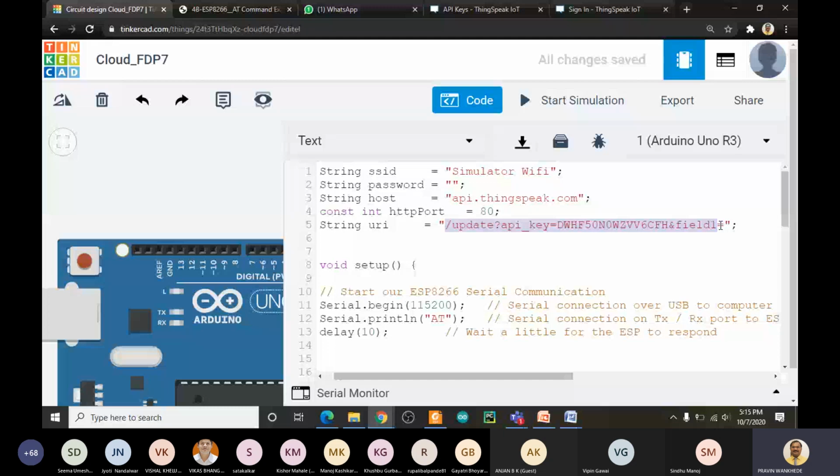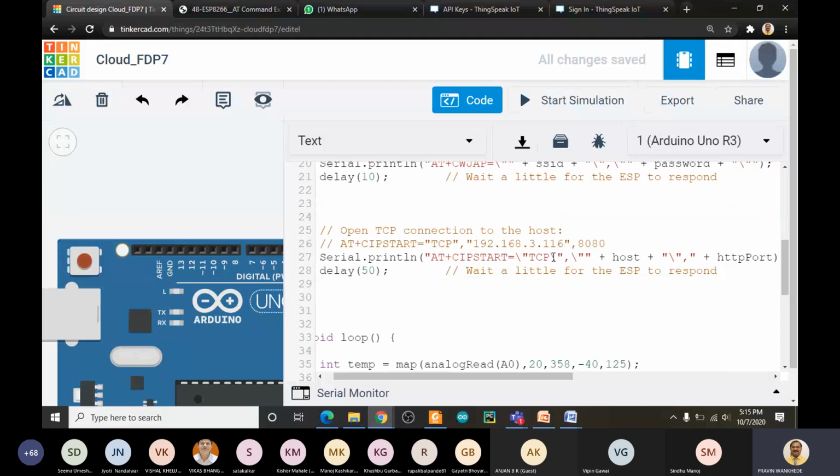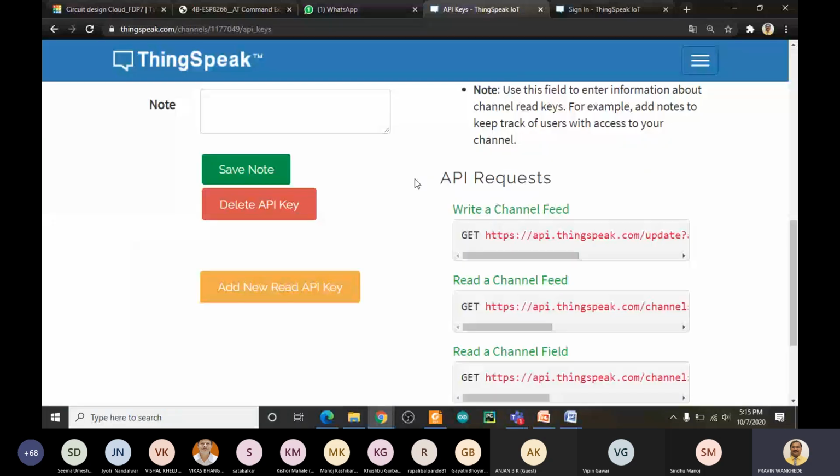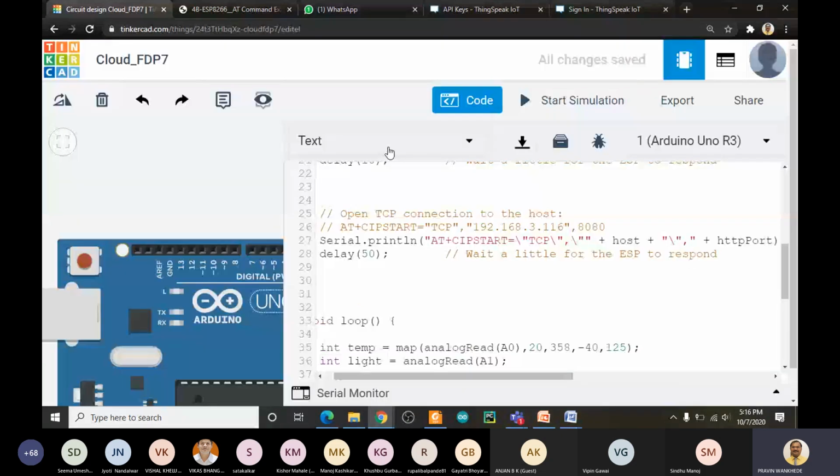Okay, so once we connect with api.thingspeak.com, then we can say that our connection with the cloud is done. Okay, and now our work is what? Once you get connected with the cloud, our aim is what? You have to move inside this cloud, and we have to update the value in field 1 and field 2 by using this API key. Okay, so let me go to our code again.